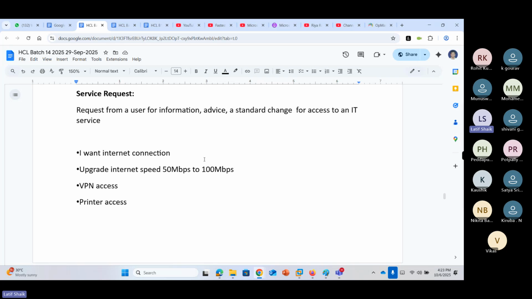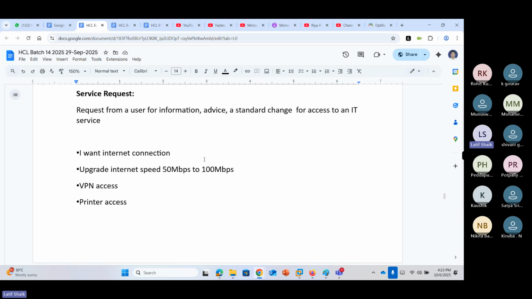So they will weigh the importance. If it is approved, then they will add the user account to the VPN access. They'll inform you and they will complete it, so you can provide it. If they say no, not allowed to connect through VPN, you can simply say you are not allowed to connect. So request fulfillment means you should understand the requirement and cross-verify whether the user is allowed to access or not. If it is already on the allowed list, then we will provide it. If not allowed, then we go to internal verification. Once it is approved, we will provide it. If not approved, we cannot provide it.